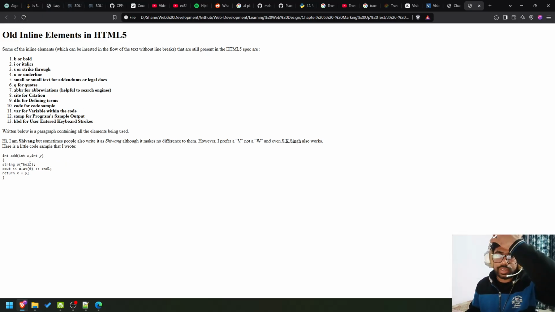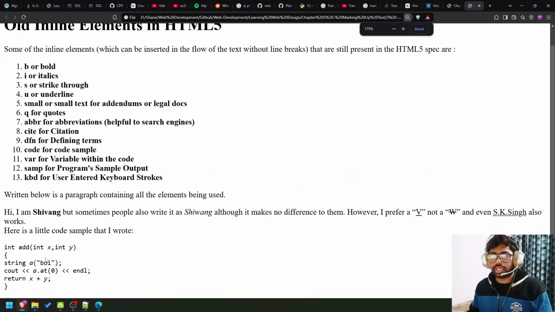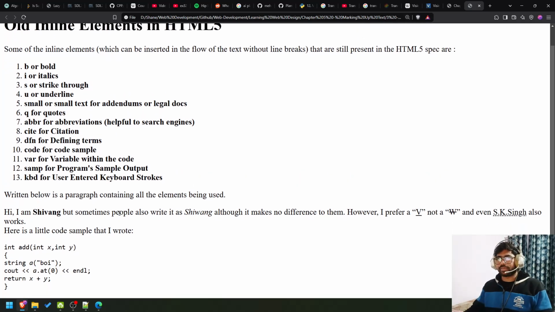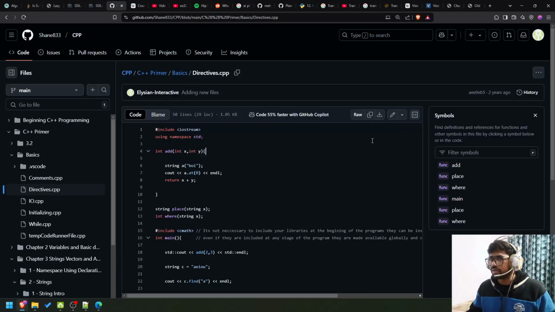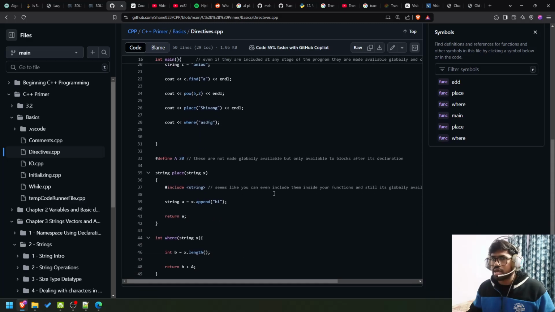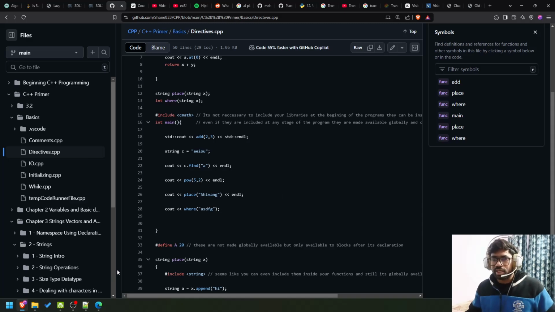Okay, all the variables are italicized. If you can see it, the variables are italicized. Right. Can I run this? No, I cannot run this. Okay. But